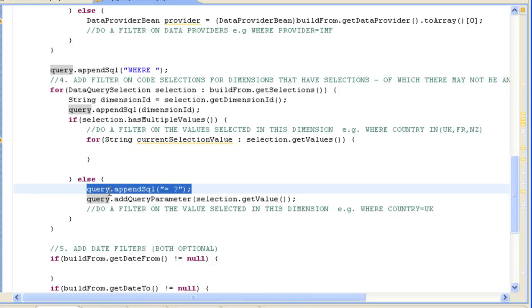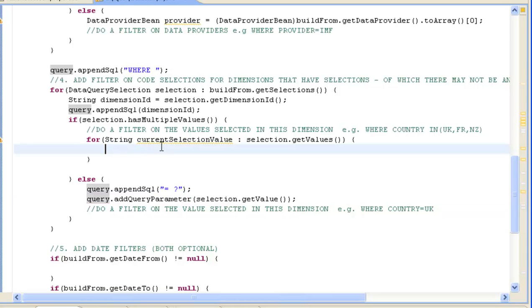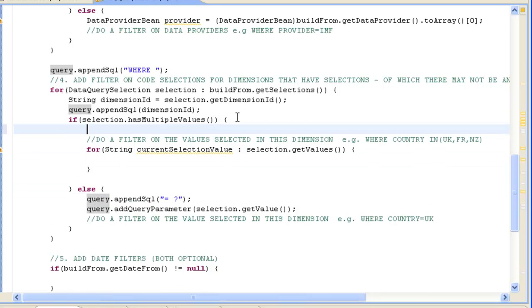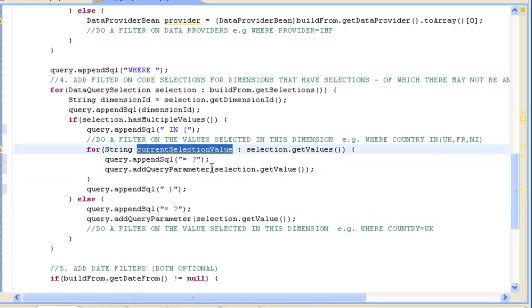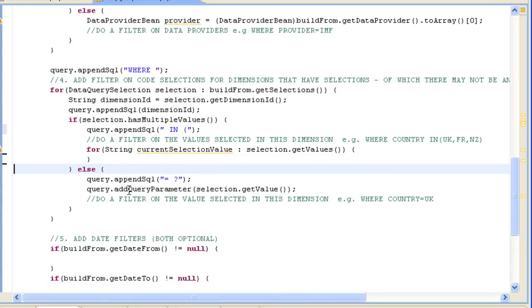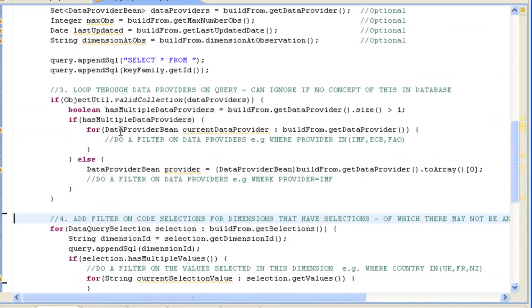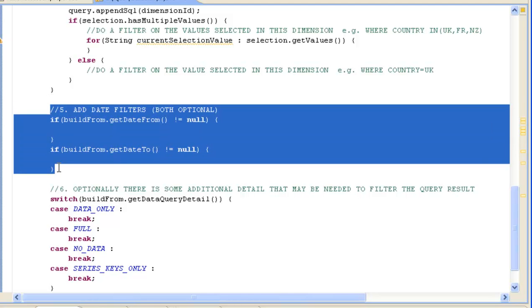So we've added this facility in to just put a question mark in, which is a placeholder, and then add a query parameter for that placeholder. So if you wanted to do multiple selections, what you would probably do is you'd put where the dimension ID is in, and then you would close off the bracket, and then what you'd probably do is something like that, and you'd put some commas in the relevant places. So this is showing how you can simply construct a piece of SQL that's relevant for your own database. There's additional filters here, date from and date to,